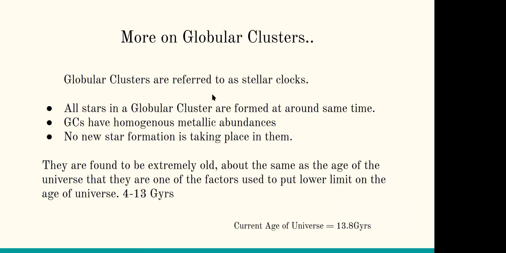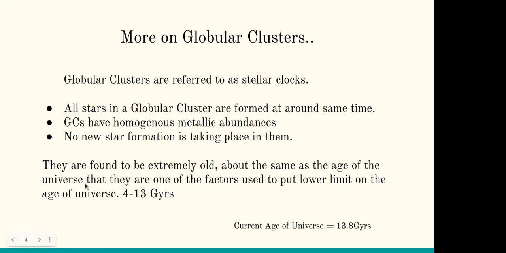Globular clusters are referred to as stellar clocks because of the following reasons. All stars in globular clusters are believed to have formed at around the same time. The globular clusters have homogeneous metallic appearances, and usually no new star formation is taking place in them. Because of this, they can be used as stellar clocks to tell us about their exact ages. Their ages are found to be extremely old,